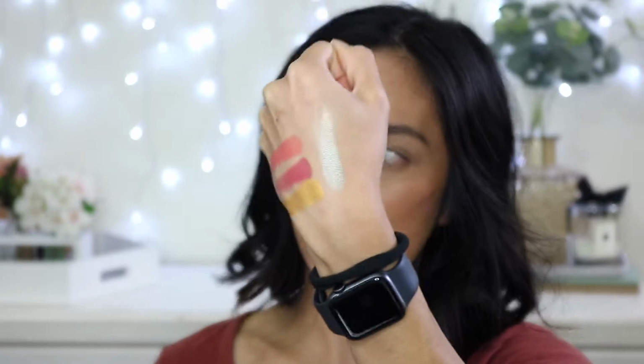So obviously it's marbleized, so you can see a little bit of silver and a little bit of purple and bronze all mixed together. And that shade actually is the reason why I purchased this eyeshadow palette, because it reminds me of a late 90s, early 2000s makeup look. Also this silver shade right here,